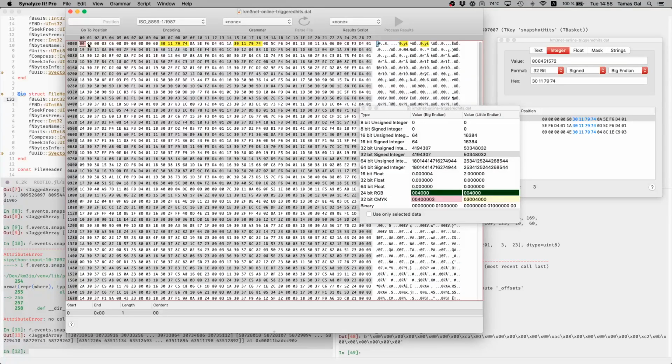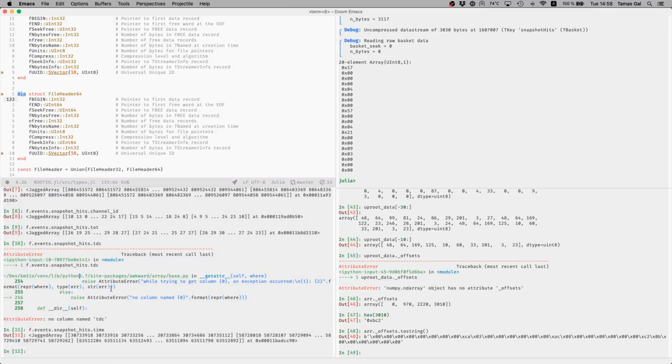Why ever? I have no idea. And then we have this usual 10 bytes to skip. And then we have this struct. Okay. So if anyone knows why there's a leading byte in uncompressed streams, yeah,